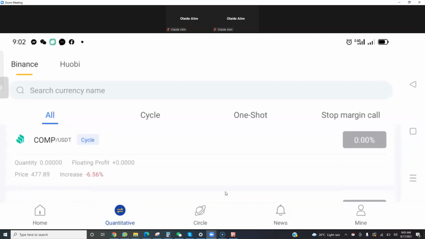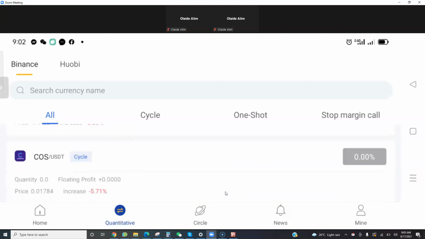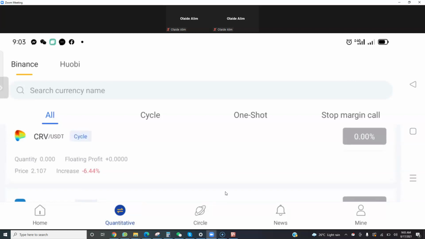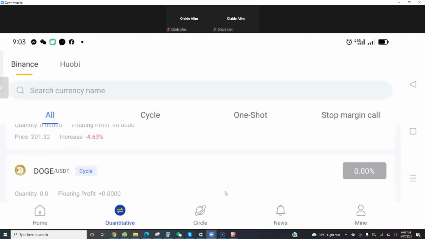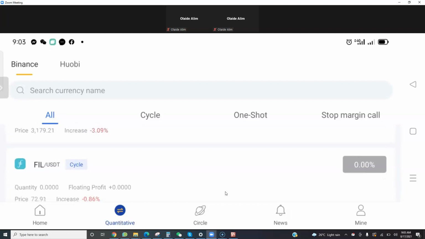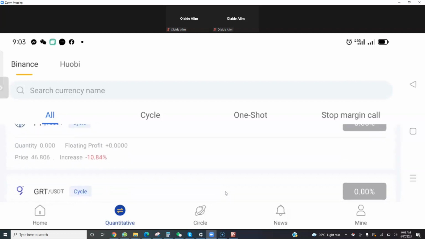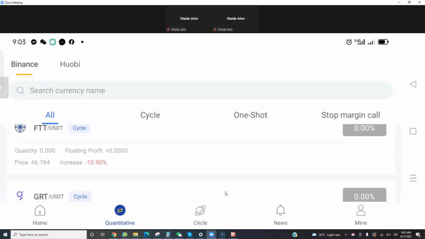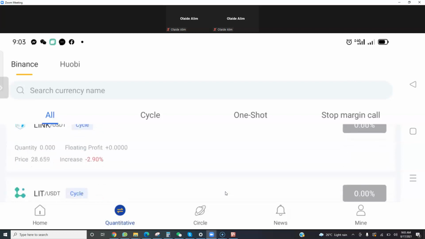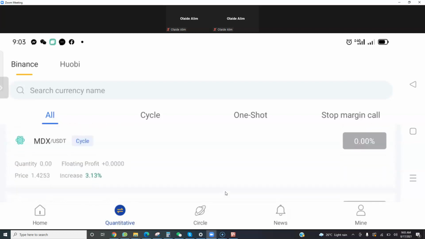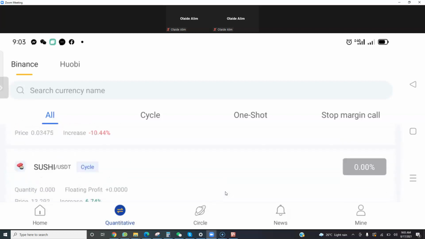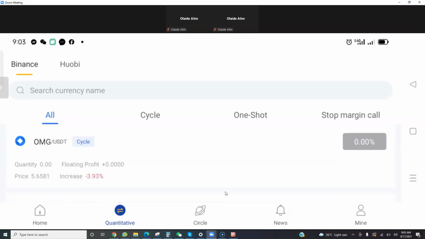Comp, this one has a 6.5 dip. This one has 5, and this is CRV. This one, CRV, has 6.4. We have two 6.4. We need to be checking. This is another 6.9, 6.03 to be checking. We want to see if we have, okay, this is another one. FTT has 10.9. We need to be checking. Can we see anyone that is deeper than 10.9? If we see, that means that is the one that we are going to go for. Okay, I think we don't have. Let's go for the one of 10.9.